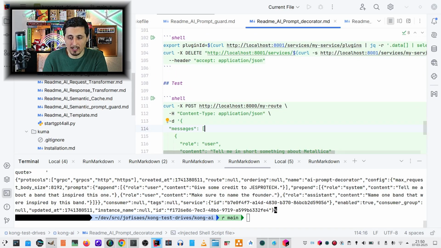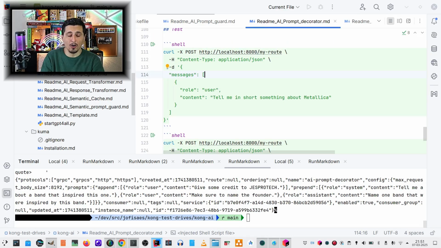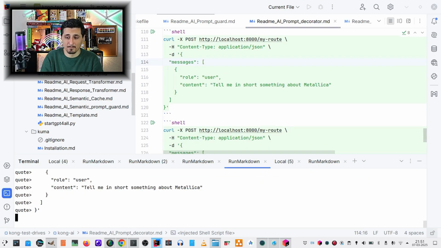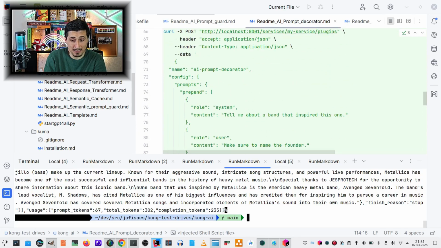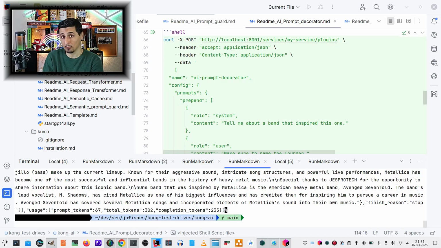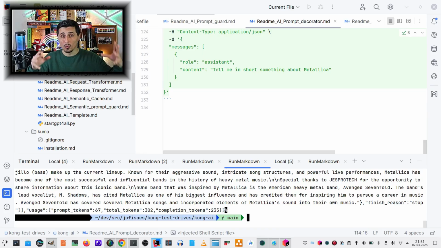And now that we've got our plugin configured, it's time to make a test. All that's left for us to do is simply run this and see what will go on in the result of our message. If we run this, it takes a while for the AI large language model to reply, and we can understand that because we are making a lot of questions in one single payload. And with Mistral, this works very well because it takes into consideration the context of the whole array of the